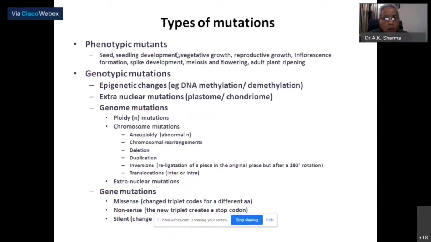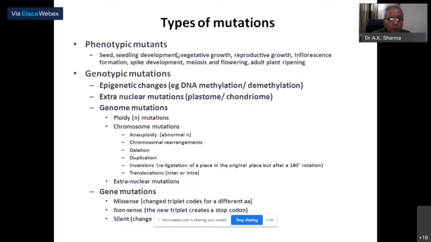There are also different kinds of mutations which are ploidy, which concern the number of chromosomes. These are called ploidy mutations or N mutations. That means N minus 1, that the set of chromosomes has come down, or N minus 2 mutation. That means the whole chromosome has disappeared, or it has appeared, more chromosomes have appeared. So these are called ploidy mutations.